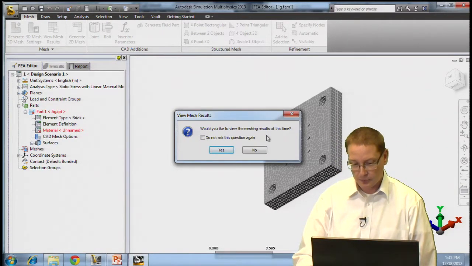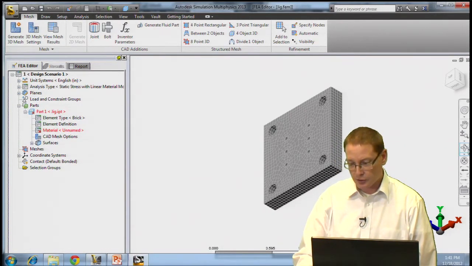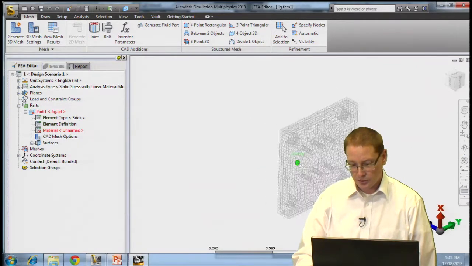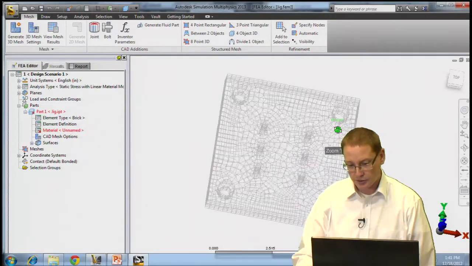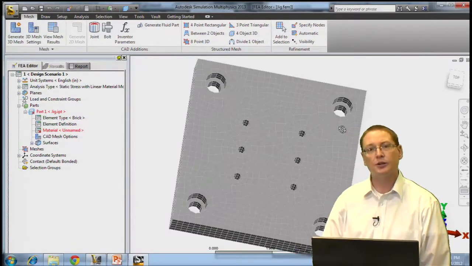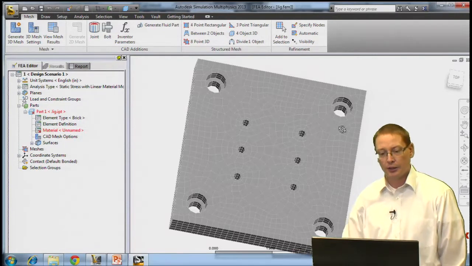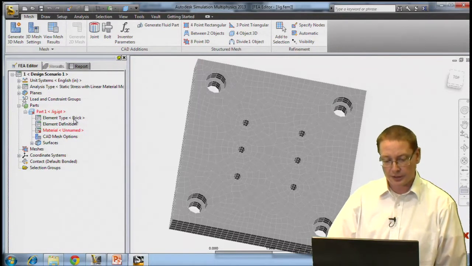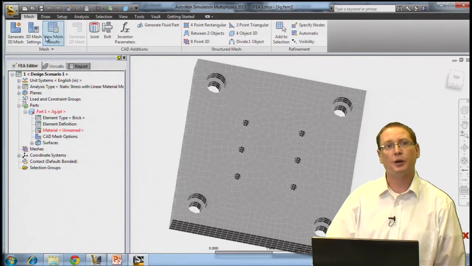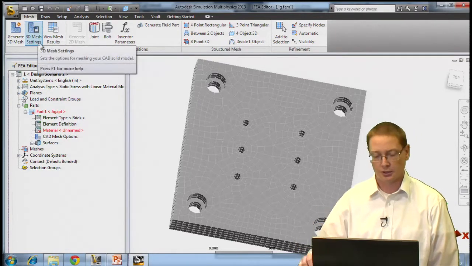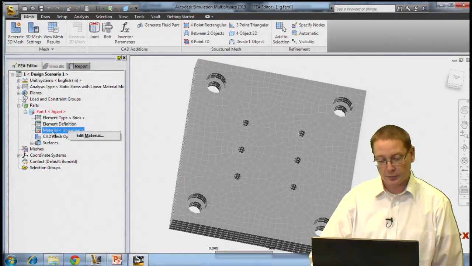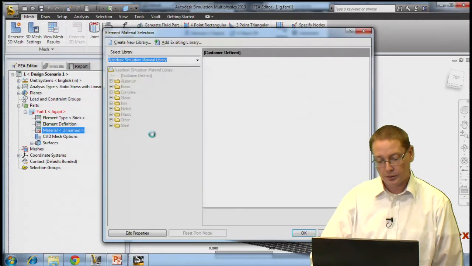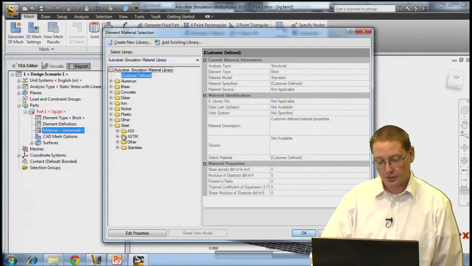All right. No, I don't need to view the mesh results, though I generally preach that is a good practice just to make sure there's no mesh warnings. Okay, so there you can see our geometry a little bit better. And the element type on the left-hand side has set itself to brick because of my meshing options. I told it was going to be a solid. The element definition sets itself to the most common options there. What I do need to define, because it's red, is the material. So I'm going to choose an A36,